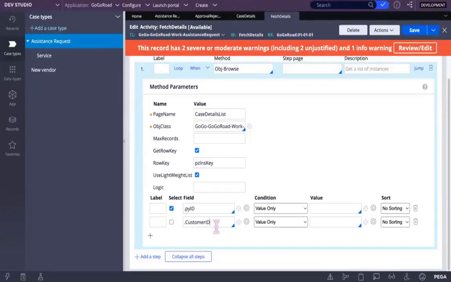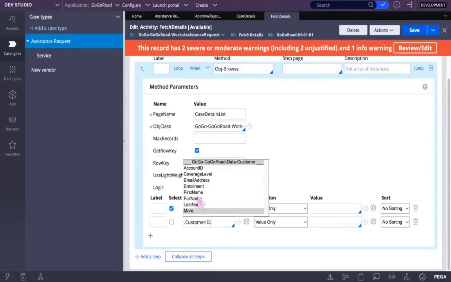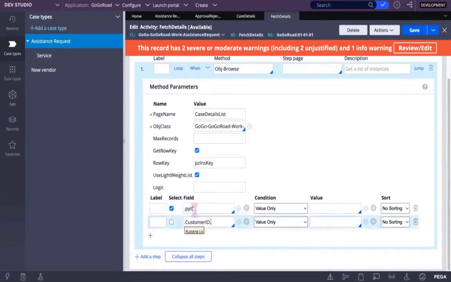You click on dot again, after customer ID. Type dot. See, you give a customer ID. What details do you need? Account ID, full name, last name.